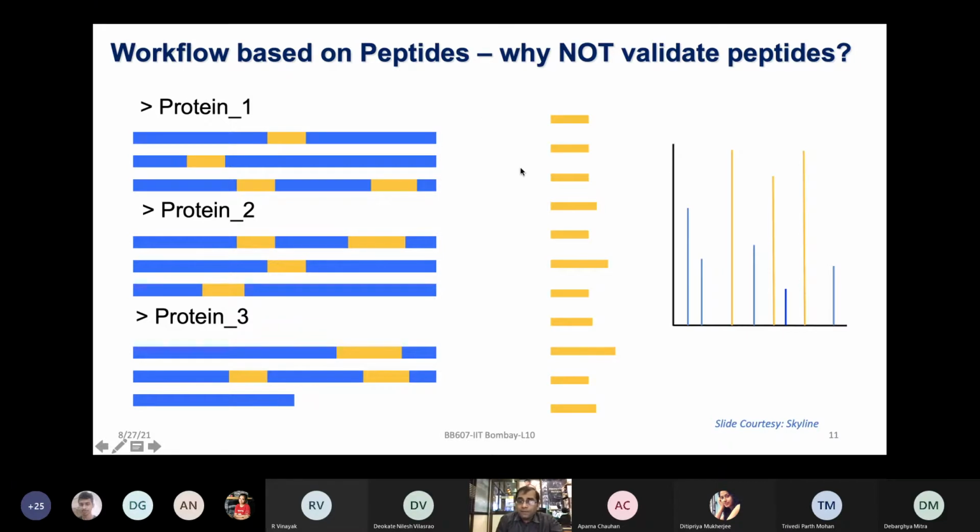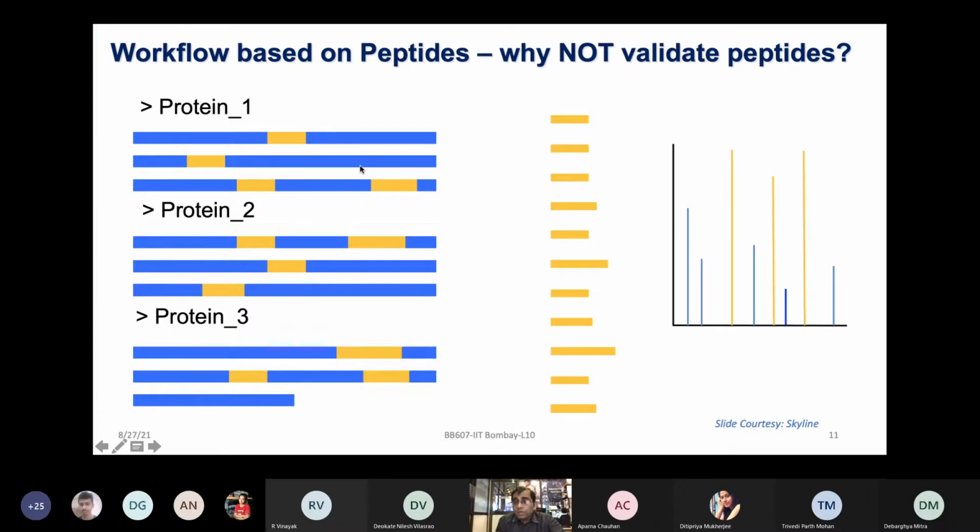So these are different peptides which were generated from your data set of all the samples which you have, from the different proteins which you digested. So the question is, when you think about doing Western blot or ELISA, what you are aiming for is, let's say this protein 1 you want to validate. You are looking at the full length protein sequence, you are looking at an antibody against that, or at least for the major chunk of the protein and the motif of that, you want to raise an antibody and validate that.